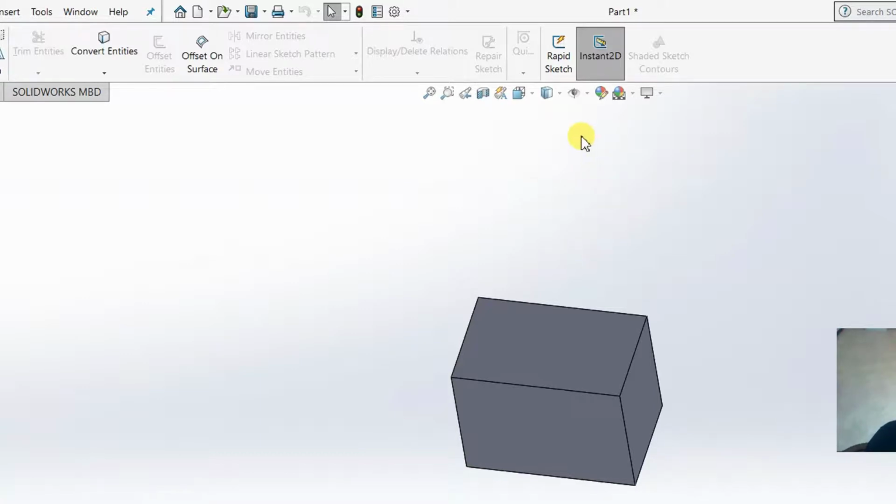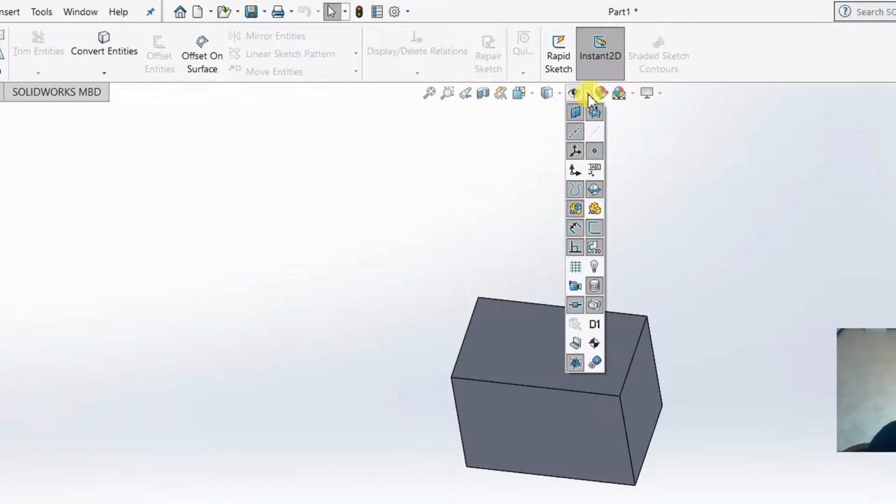Now coming to next, I want to tell you, wherever your eye icon is visible, if it is open, it means you are viewing. If this eye button is dim, it means you can show or hide something. Basically, wherever the eye icon is present, you can show or hide something from here.